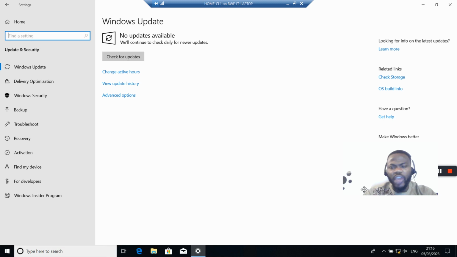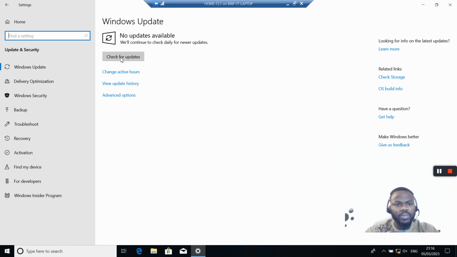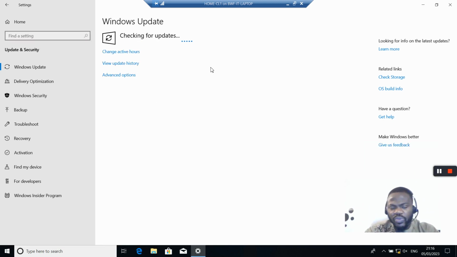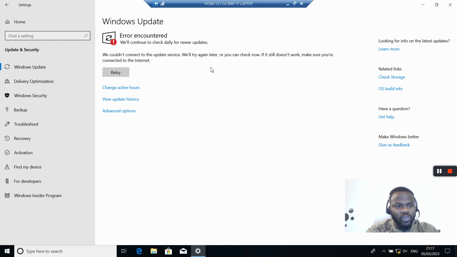Check for updates. So if I click on check for updates now, it's going to check for updates for me, because, you know why? We have updates every now and then. If Microsoft or Windows realizes that there is a security threat, they are going to quickly provide an update for every one of us. And what we have to do after getting notification of the update is to just download it and install that update. If not, you might be in trouble,